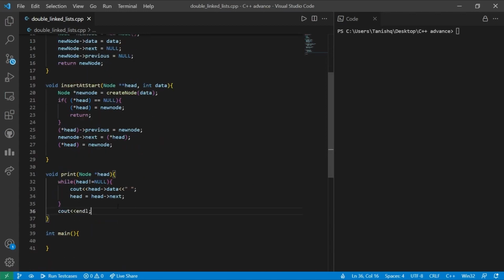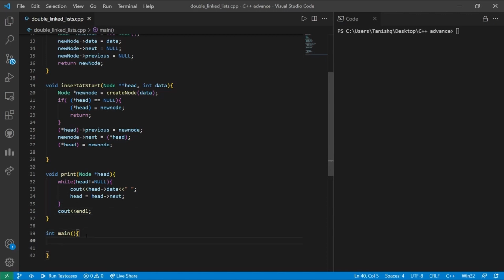So this is the print function in which we'll be giving the head as the argument. It will be printing the values of the data of the head. The head will traverse throughout the complete linked list unless and until it points towards the last node. In the last node, we have all seen it will be pointing towards null. So at that point, the loop will be broken and the complete linked list will have been printed.